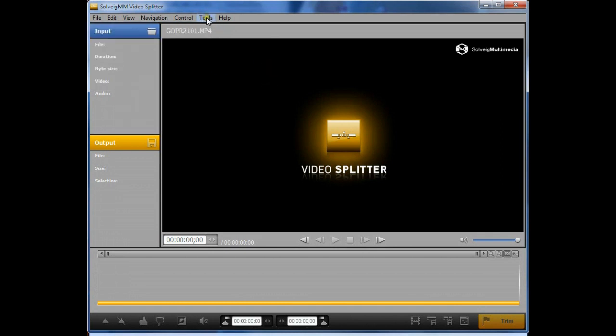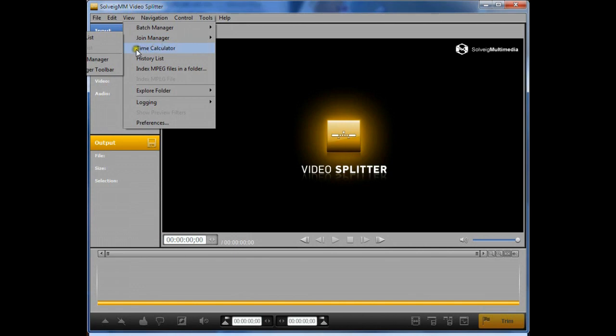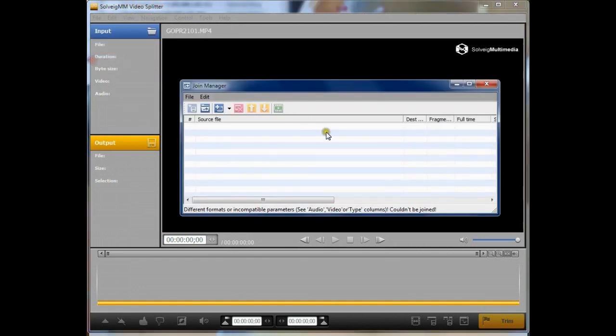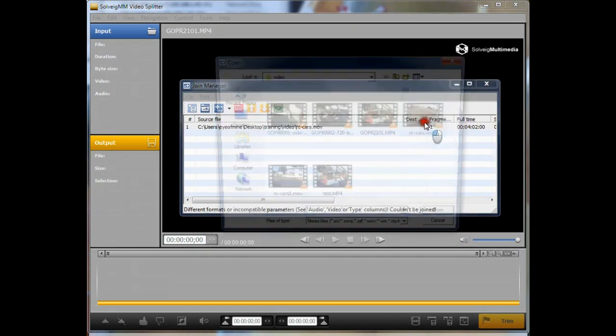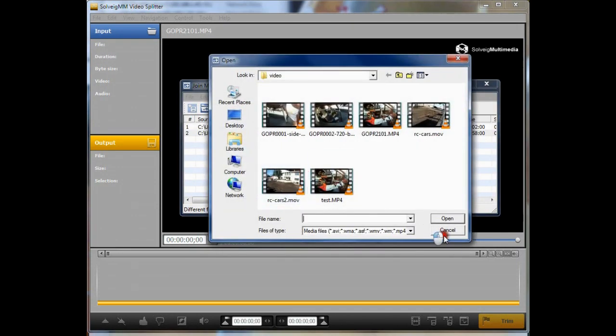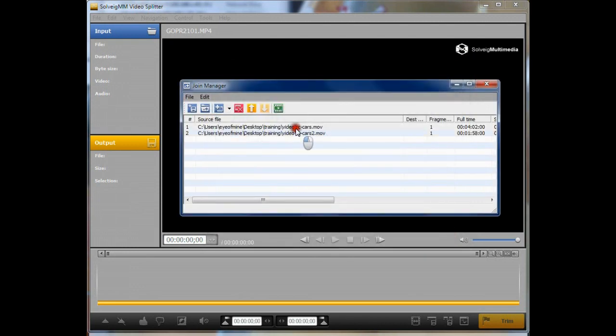But what I want to talk about in depth right now is the Join Manager, which is a little mini program in itself. What it does is simply join files together. It can be your trimmed files or your raw files. Say you've got a 1-minute file and a 2-minute file, and you want to put them together to make maybe a 10-minute file. You just start loading up, and when you're finished loading, you hit cancel. So I chose 2 different video files, and you can change the order. You move it up or move it down, and once you're ready to go, you simply hit this green button